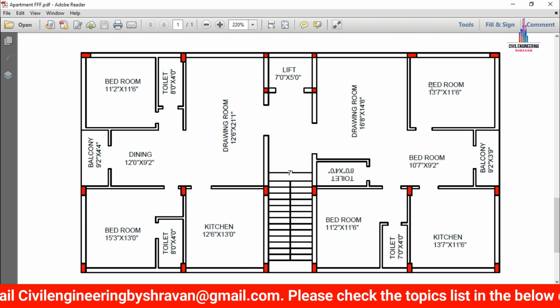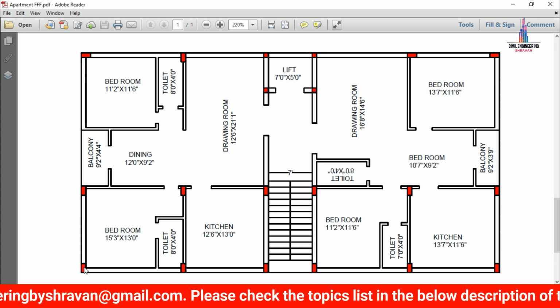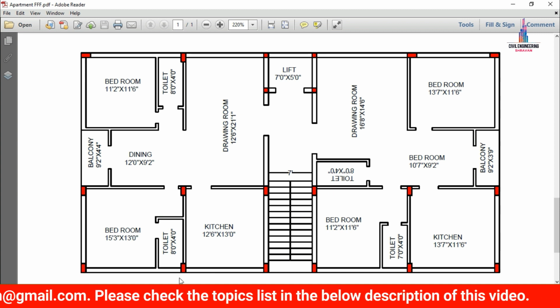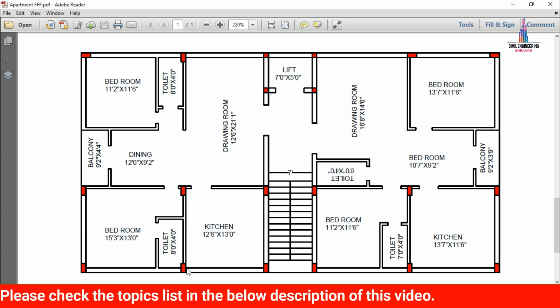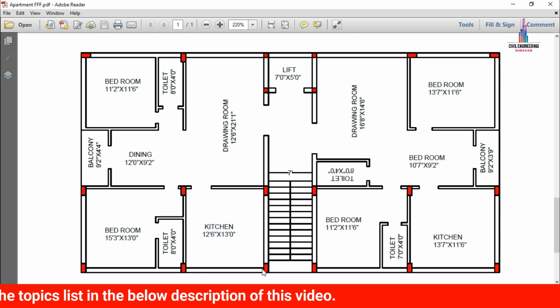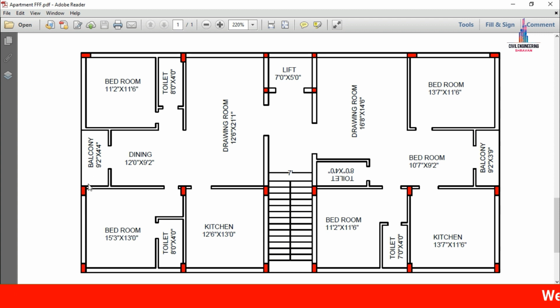As per my consideration, I am taking the center-to-center distance between the first column and second column as approximately 4 meters. Again, I am taking the second column to the third column as 3 meters. This is 2 meters, this is 3 meters, this is 4 meters. In the same way we have to assume the vertical direction distances also. Here I am taking this distance as 3.5 and this as 5. Now I will explain how to analyze and model this structure